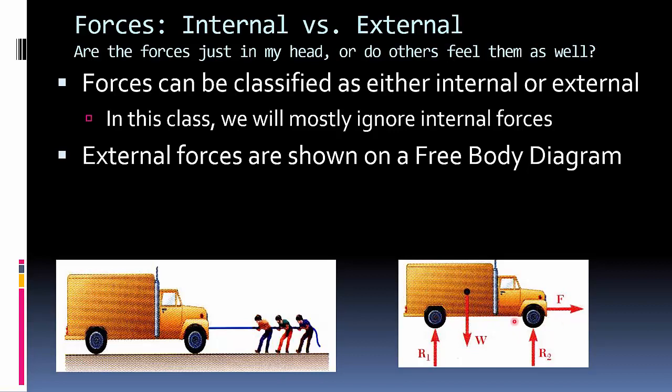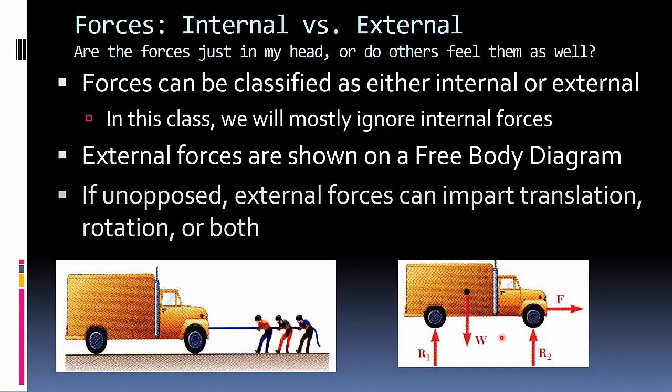Clearly, with this force and these wheels, the truck is going to want to bow like that, because if it was not a rigid body, and again, in the real world nothing is truly rigid, you're going to have a little bit of bow in the car. You're going to have different internal forces, but we are going to talk about external forces, and those are the ones that are showing on the free body diagram. If unopposed, external forces can impart translation, rotation, or both,